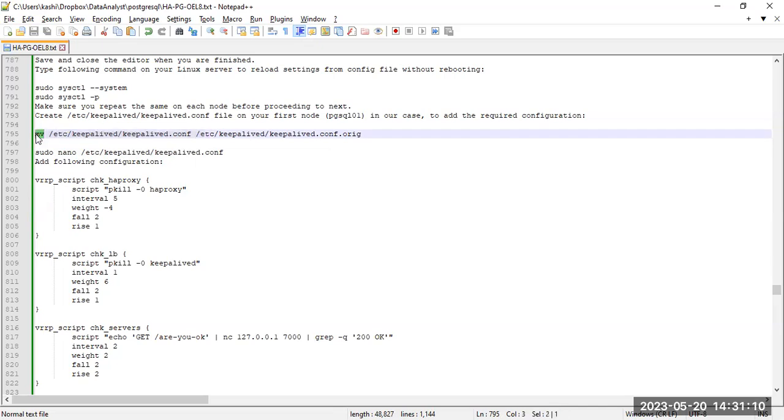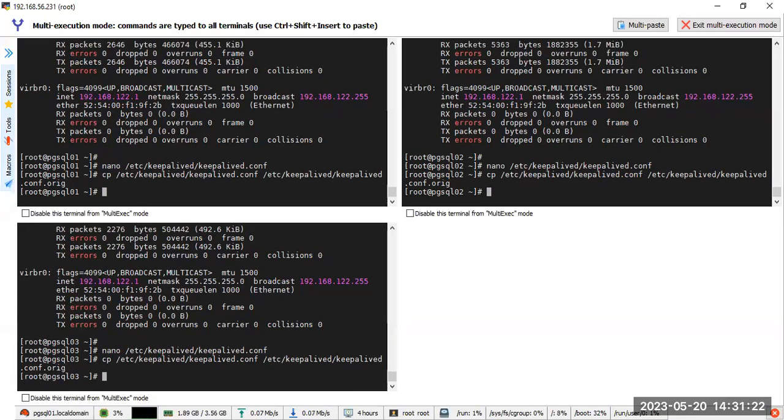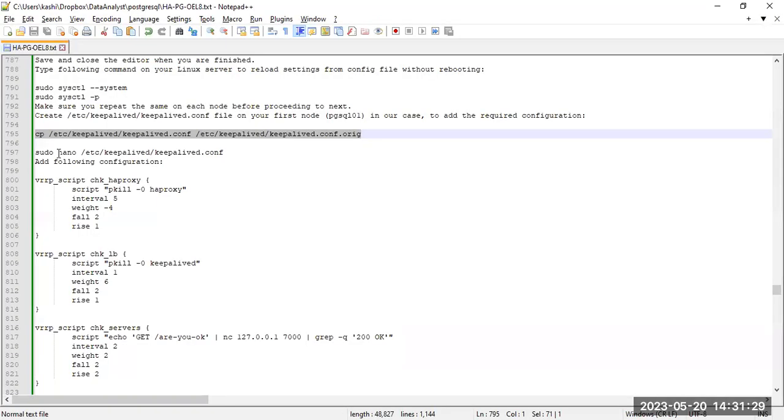Or you can use cp to take the backup, no issue. In that case, the file permission will remain the same. cp this. So in the same location, it copied. Now, if you open this file,